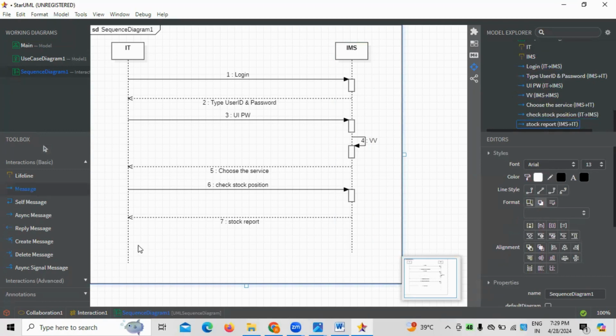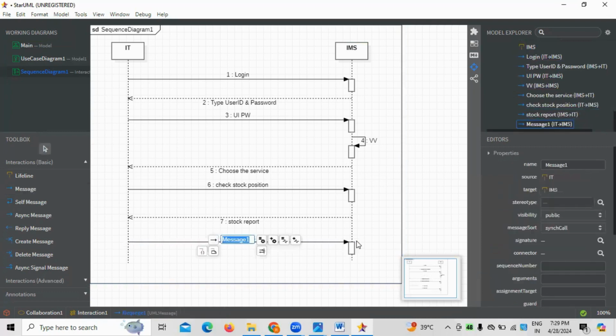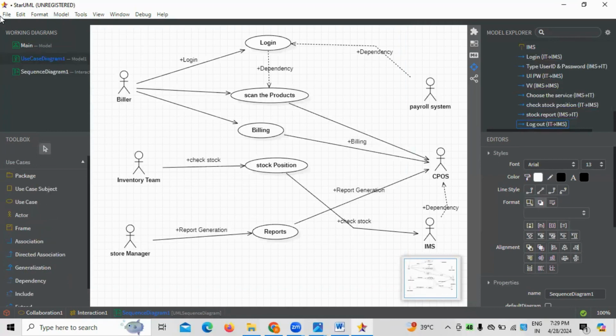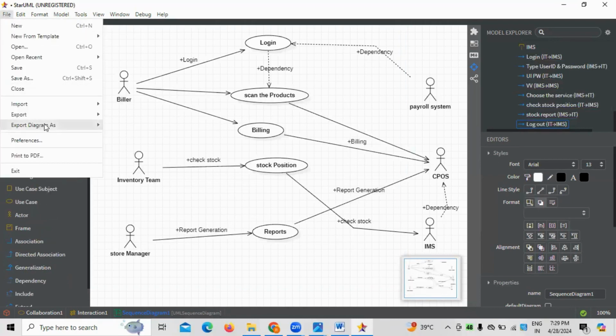After that, for example, logout. Simply we are using logout and we are logging out from the system. This is how we generally prepare a sequence diagram. Either it can be a use case diagram or a sequence diagram, whatever you have prepared. Export diagram as